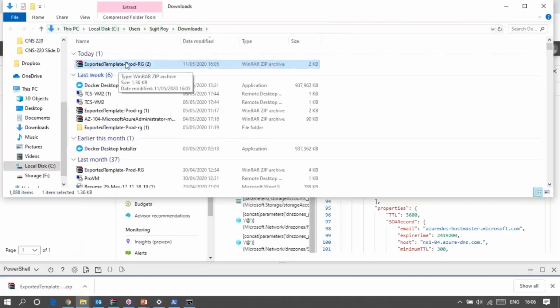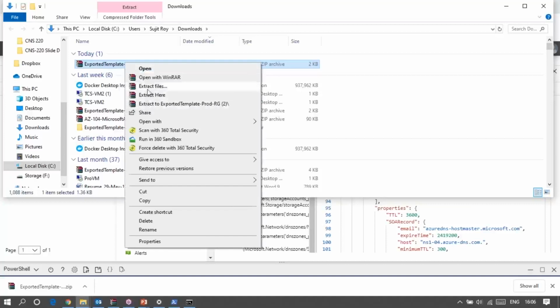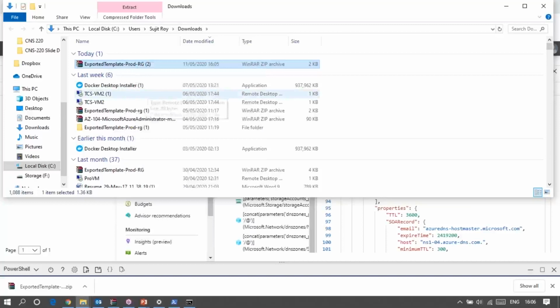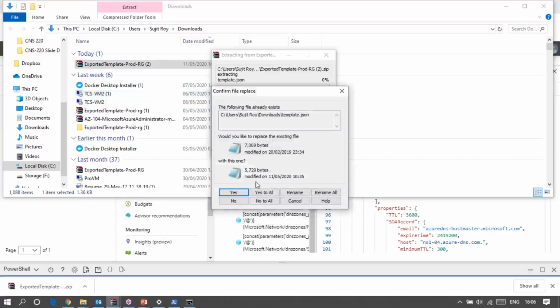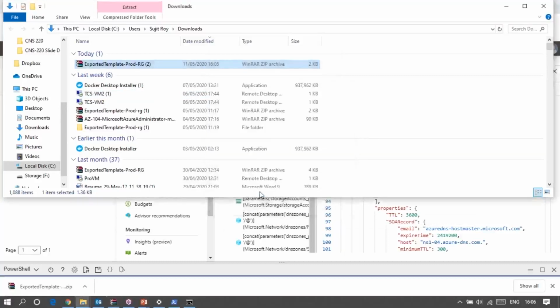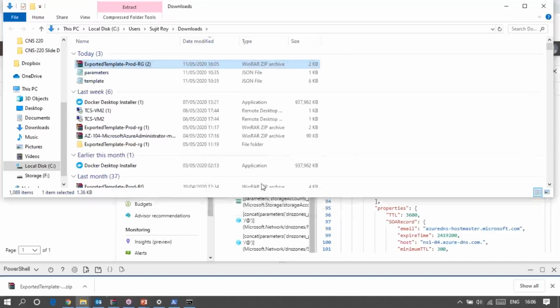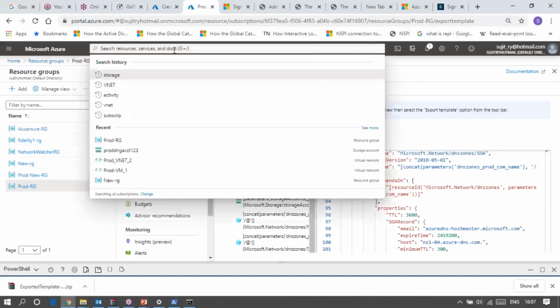So this is my template, latest download. What is the name of the file? Template.json. Yes, to all. So template.json has been replaced with my latest template definition. So what I can do, if I want to apply the same template in my infrastructure, so